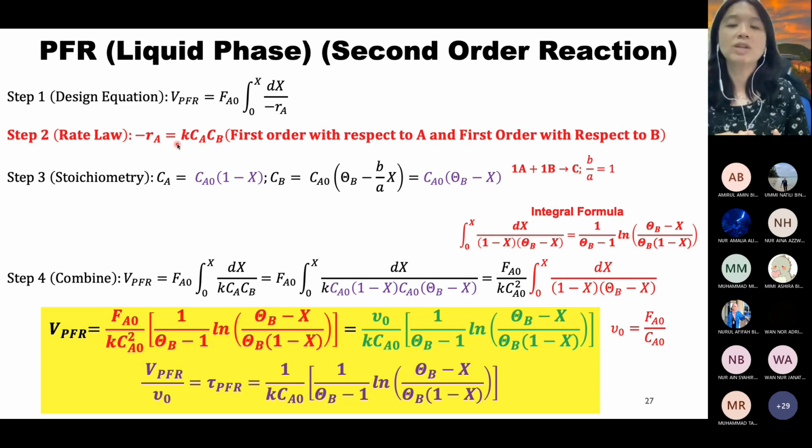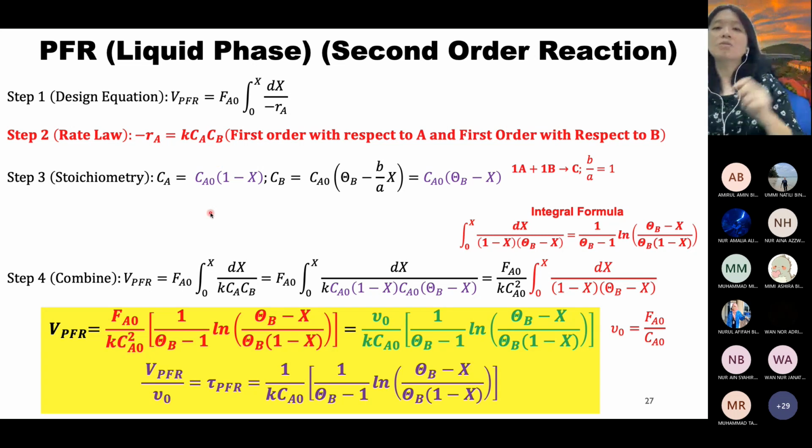Right. The third one is for the last reaction order, rate law dia, which is minus RA equals K CA CB. Maknanya the reaction is first order with respect to A and first order with respect to B. Walaupun dia adalah second order reaction, tapi rate law dia berlainan. Yang tadi second order with respect to A. This one is first order with respect to A and first order with respect to B. Okay, sekarang maksudnya